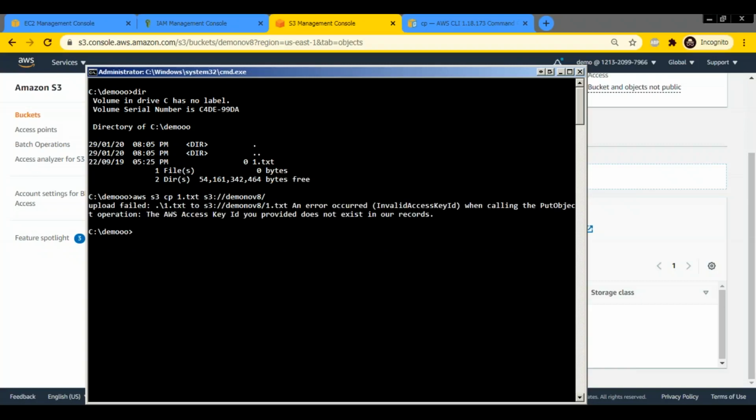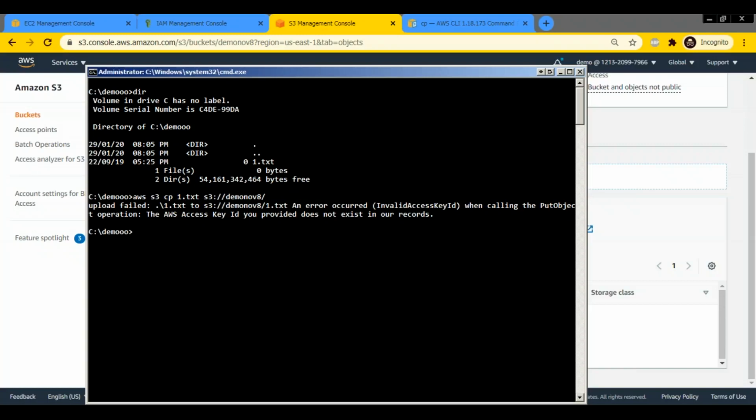It will give an error. Why did it give an error? Because we have not provided the credentials. Just because you install the CLI, it is not going to work automatically, right? You have to give the credentials. How does it know which AWS account it has to connect to? I just installed the CLI. You didn't see me give any credentials, right?